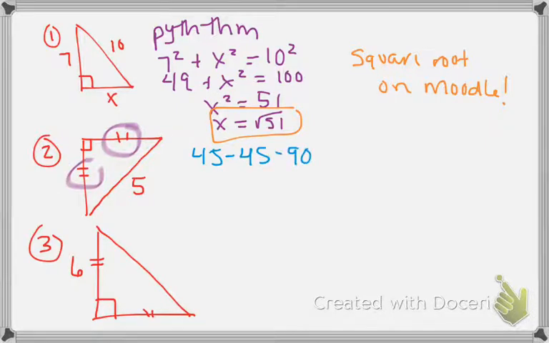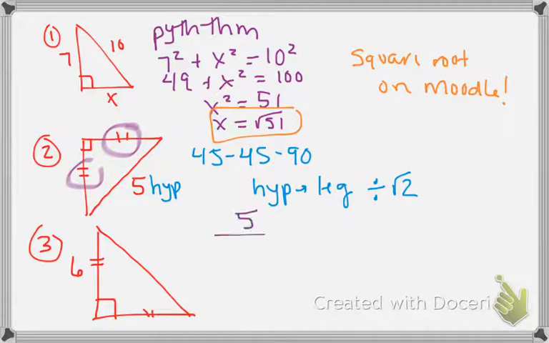And what we know is the hypotenuse. So we are going from hypotenuse to leg, and in order to do that, we have to divide by root 2. So I am going to take the hypotenuse, which is 5, and I'm going to divide by root 2. Remember, division looks like fractions. Now I can't have the square root in the bottom, so I'm going to multiply top and bottom by root 2. And then in order to multiply here, we multiply across the top, which is going to be 5 root